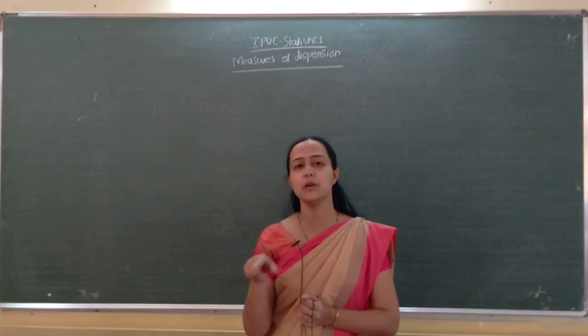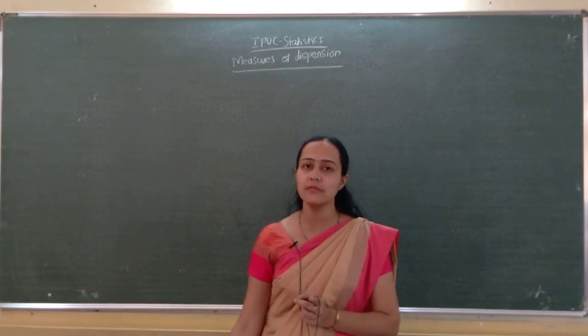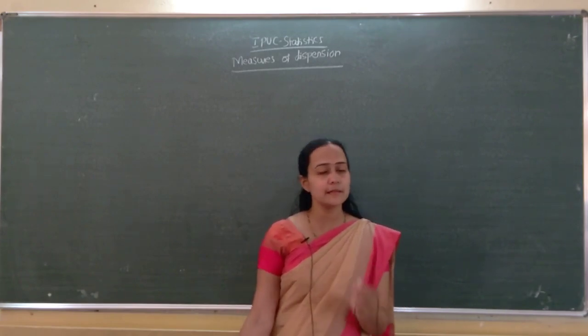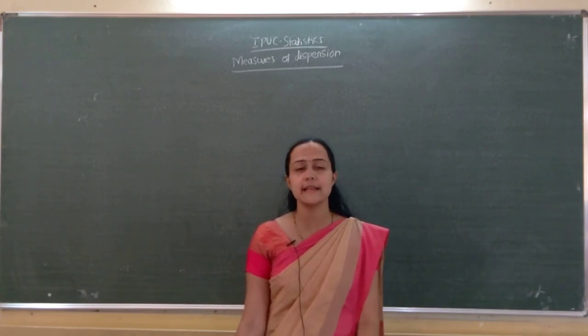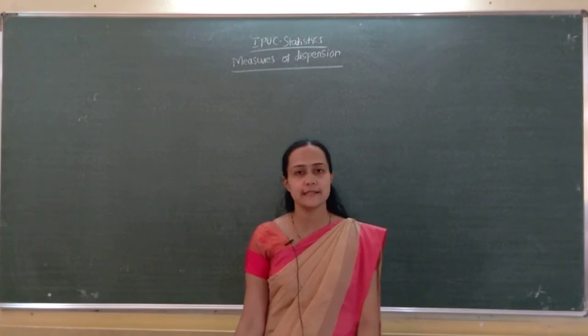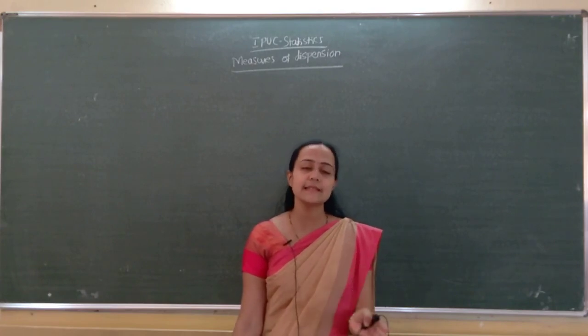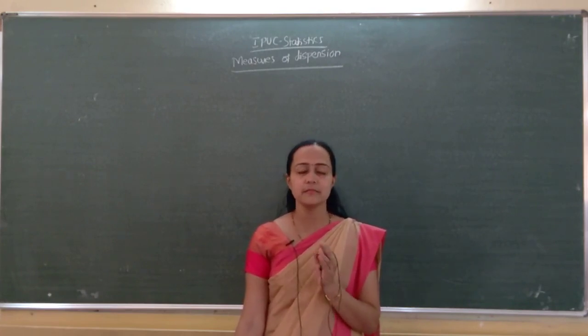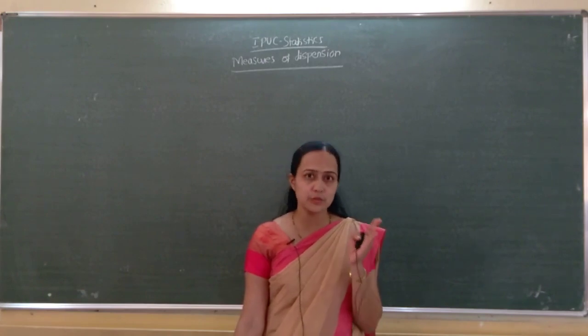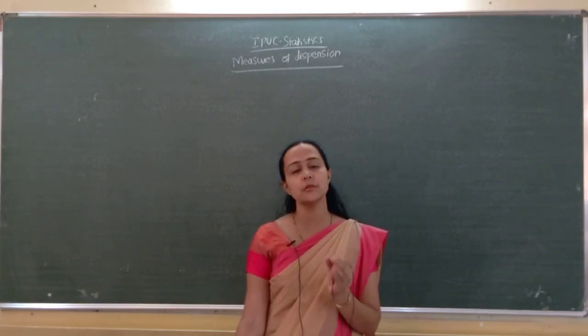If we express that in terms of percentage, that is called coefficient of variation. If CV is more, that series is less consistent. If CV is less, that series is more consistent. So remember, CV more means variability more, CV less means variability less. If two series are given and we have to compare the variability, we have to compute CV. For computing CV, we have to compute standard deviation and x bar.